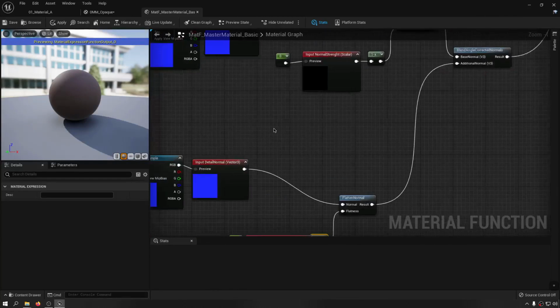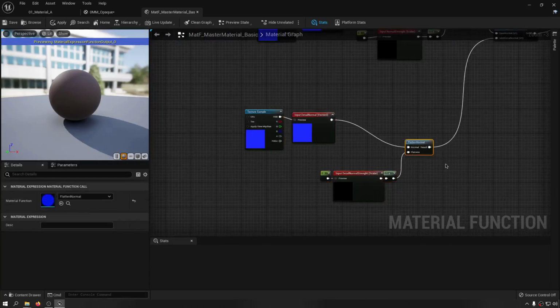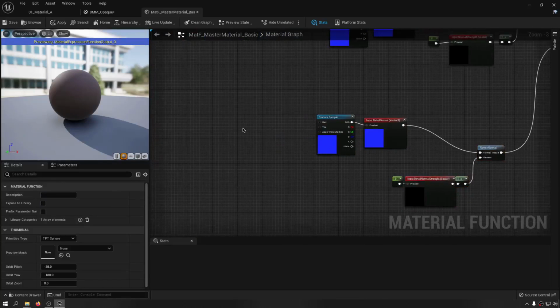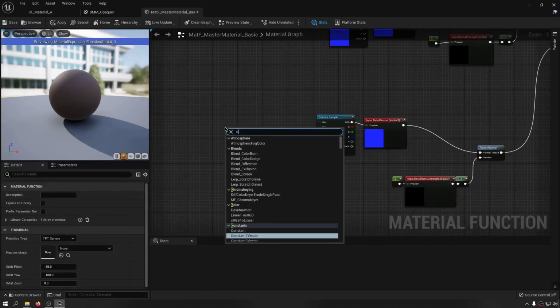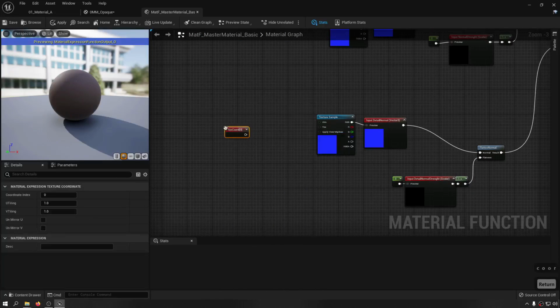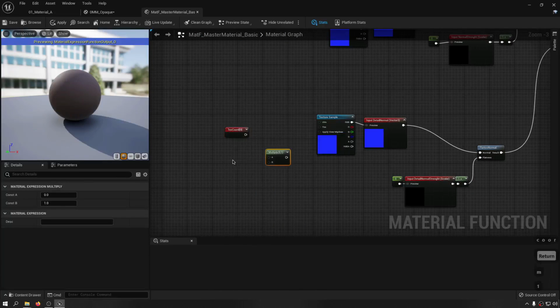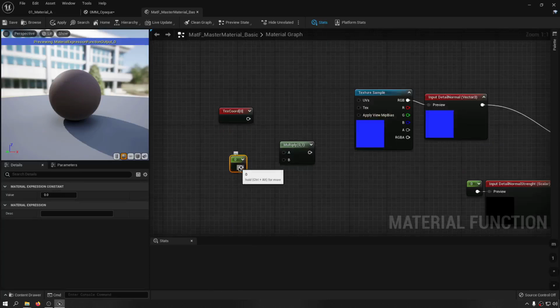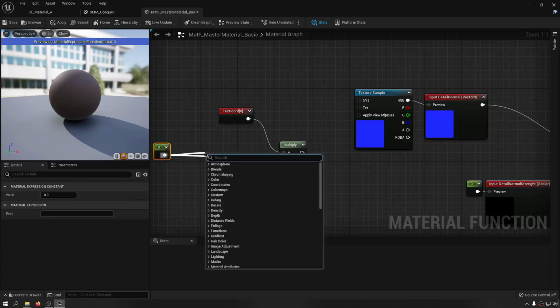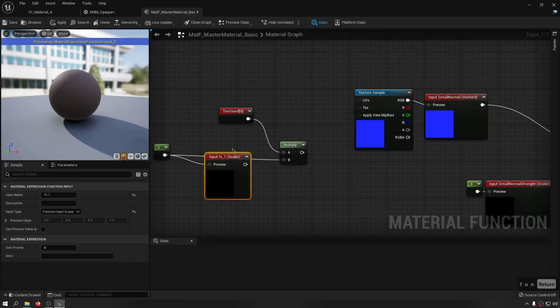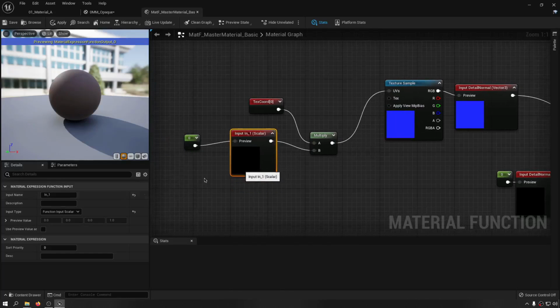So let's put this one in here. And of course, I need to create a tiling system for this. Let's bring a coordinate node and a multiply and a constant. Bring the constant here. Let's make it a constant because we want to expose it and later on change it. I'm going to bring a function as well, and it's going to select a scalar for us and put this one into the UVs. So let's call this one